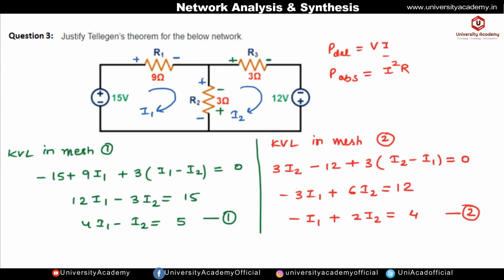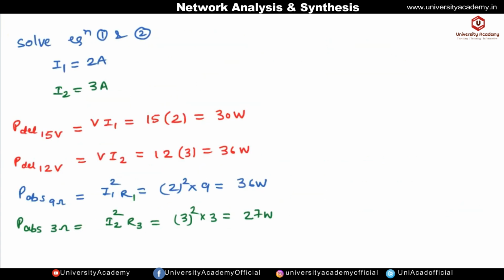And the last resistor is R2. The I1 current is flowing in the downward direction and I1 is 2 ampere, and the I2 current is flowing in the upward direction, it is 3 ampere. So the net current flowing through this R2 is 1 ampere. The power absorbed by this 3 ohm, that is the R2 resistance, is given by the net current I2 minus I1 squared into the resistance value R2. So this will be 3 minus 2 whole squared, and the R2 value is 3 ohm, so it is 3 watt.